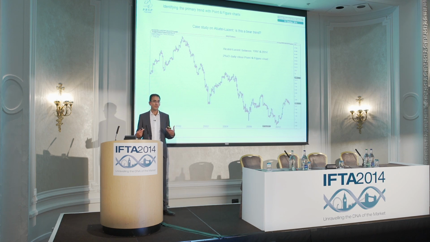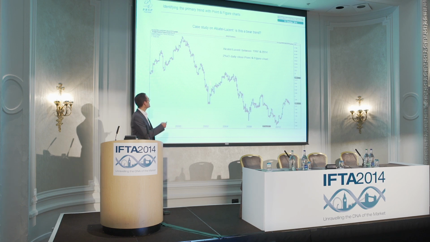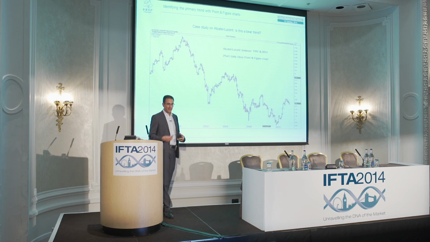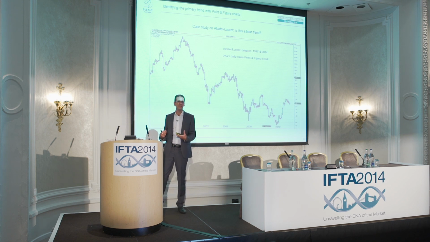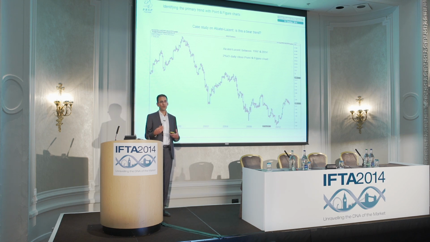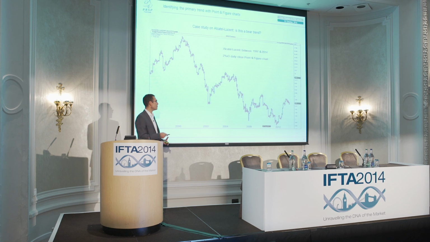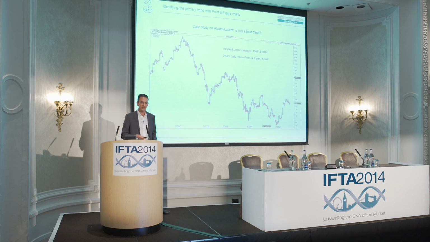So the question I will ask at the start is, what is the trend on this stock? Most of you will say it's down. But when you look closer, it's not so simple, because you have a downtrend here, uptrend, downtrend, uptrend, downtrend, and since last year, a new uptrend potentially starting. So identifying the trend is not so easy. You always have a subjective part, because at the end of the chart, we don't know if it's the start of a reversal or not. So you have a lot of subjectivity here.